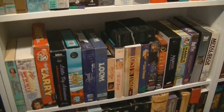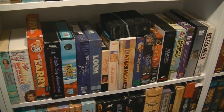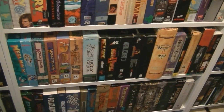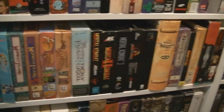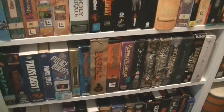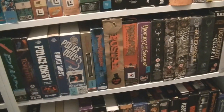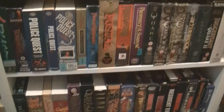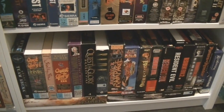the classics. I love my Jazz Jackrabbit, I love Little Big Adventure that you see here, one of my favorite childhood games. I have the Mega Man games, while they weren't as good on PC as they were on console. The Monkey Island games, Mortal Kombat, a game that I played hours and hours as a kid. And these big boxes, they are really special to me because they represent my youth more than anything in my